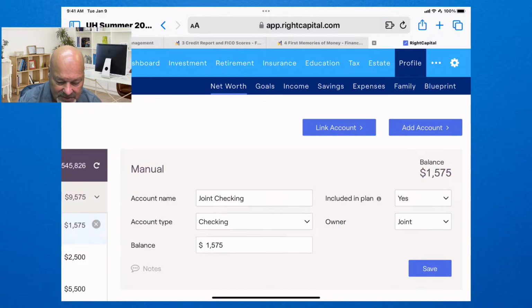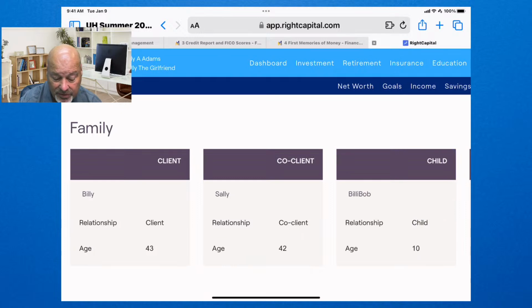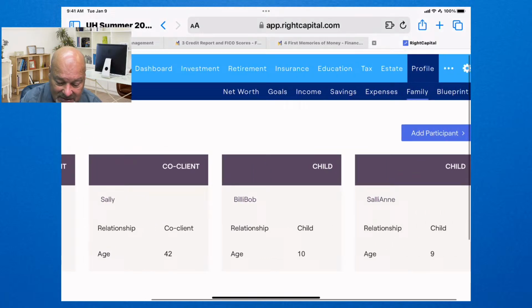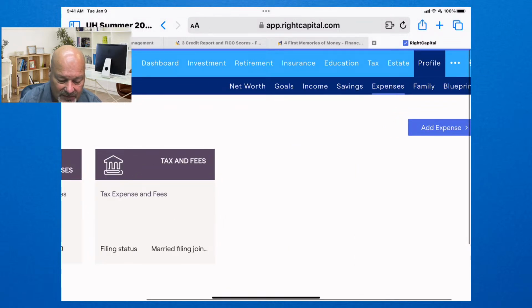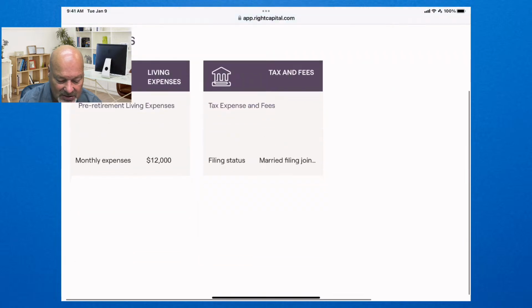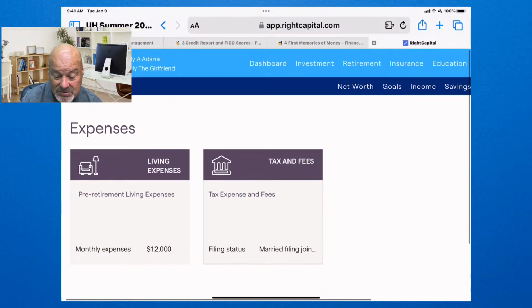You're going to set up, starting with your name, your age, which means your birthday. If you're married or you have a spouse or children, you would add those. That's the family section.